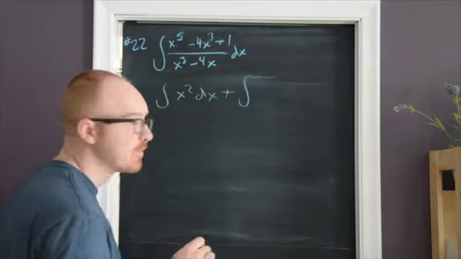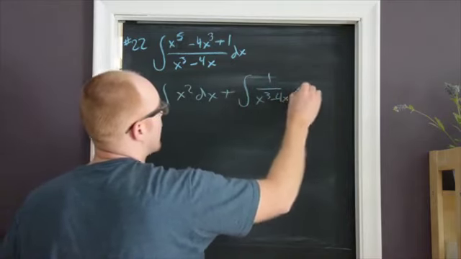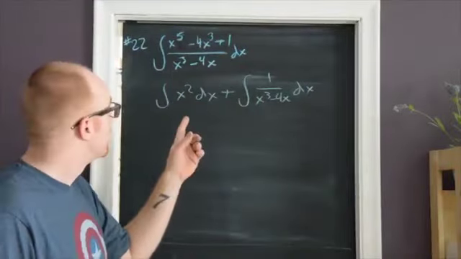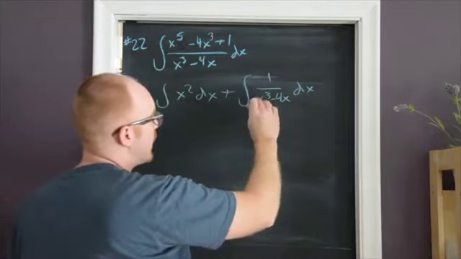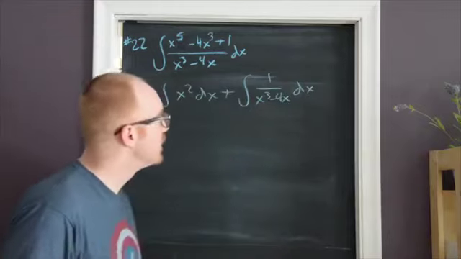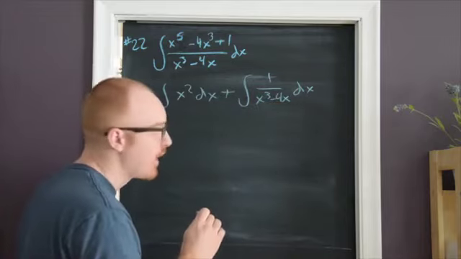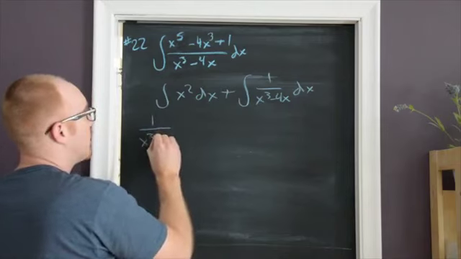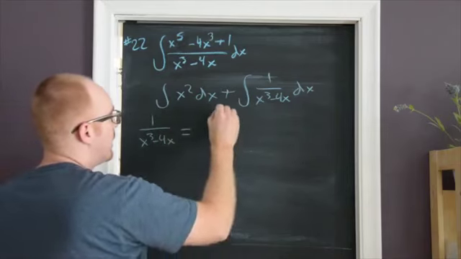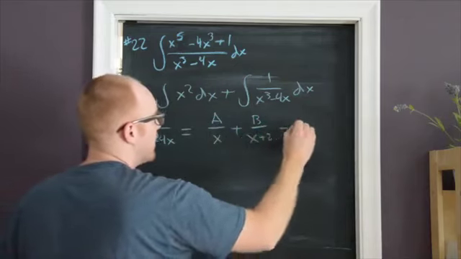You get 1 over x to the 3rd minus 4x dx. I'll leave it to you to do the long division, but this is what you end up with. Now, integrating x squared dx is not a problem. But for this one, we got x to the 3rd minus 4x, and we can use partial fractions. This has 3 linear factors. So we would have 1 over x to the 3rd minus 4x equals a over x plus b over x plus 2 plus c over